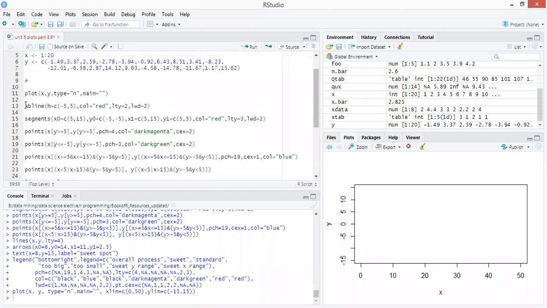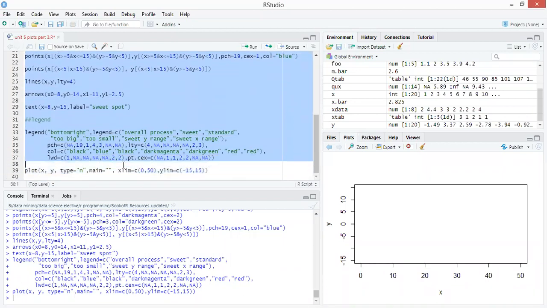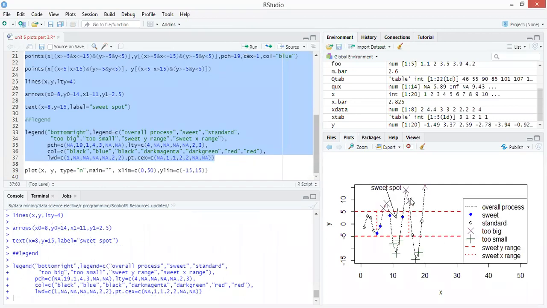And if we run all of these together, you can find out that your plot is here, and all the legends are here. You can also reduce the size of the legends by using cex to reduce the size here. Or you can shift the range of the plot so the legend can fit. I have taken the bottom right. You can take the top right corner also to draw the legend.